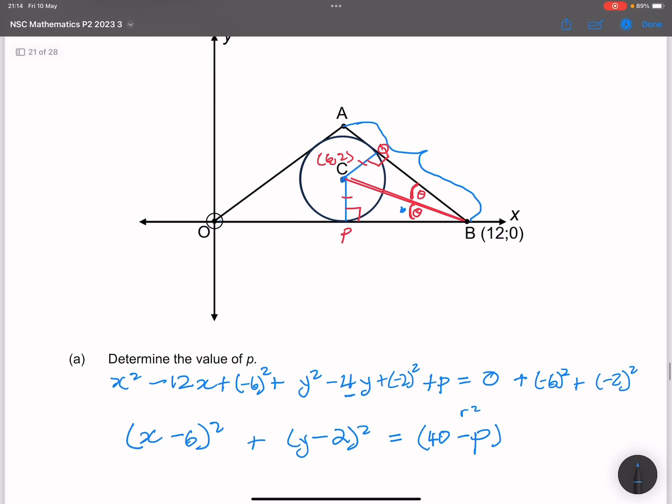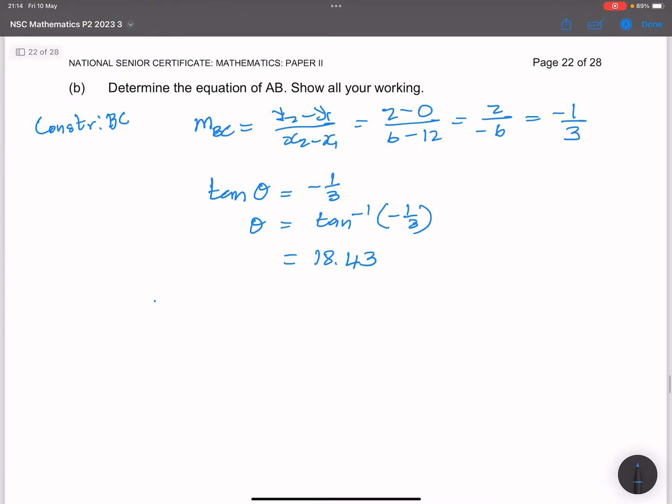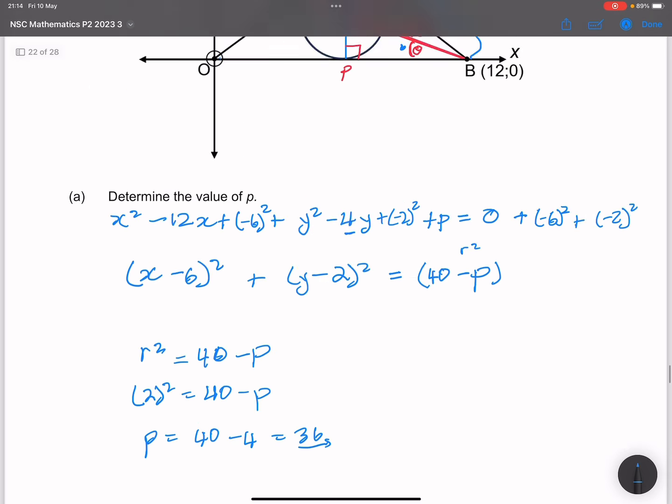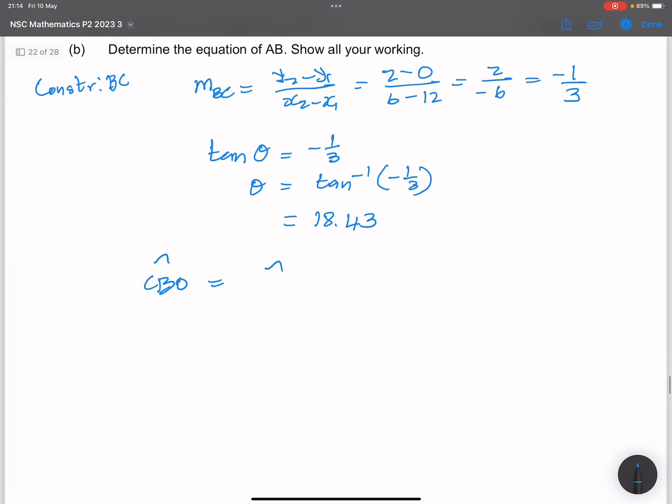So angle CBO is equal to the angle we said, ABC, and in this case we can say